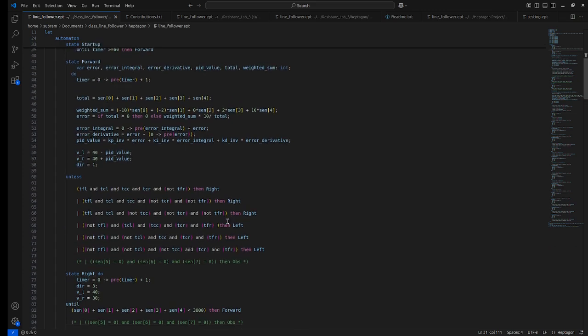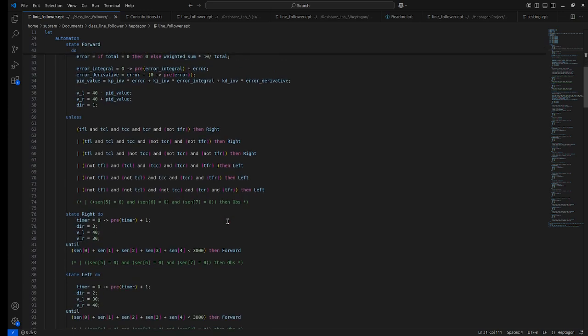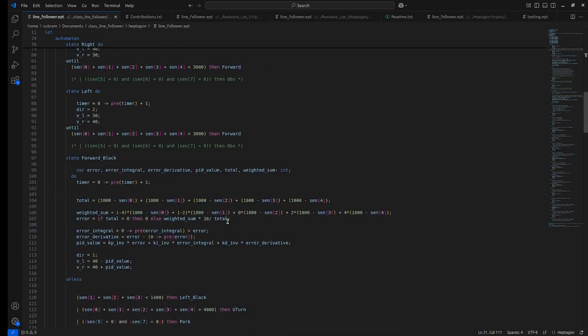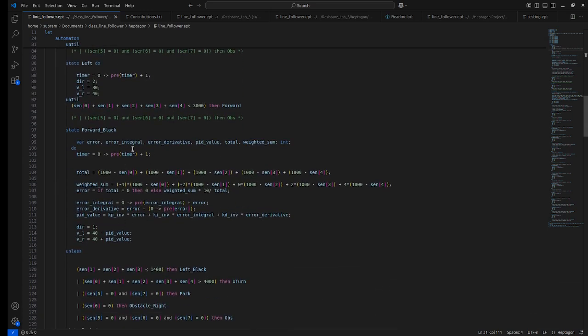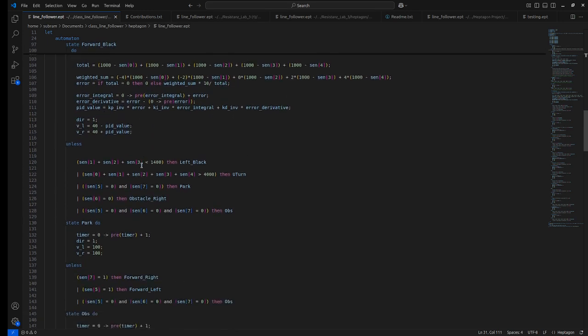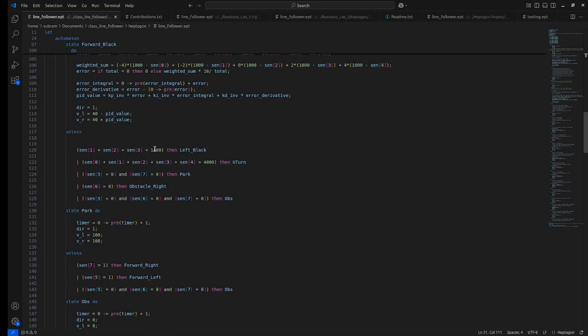We were not able to implement switching from the white line to the black line, so there is a manual intervention there. And here the black line following code starts. It is very similar to the white line, only the sensor values are flipped. And here there is an additional condition for a U-turn as well,